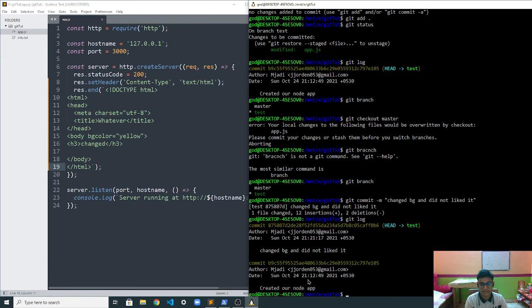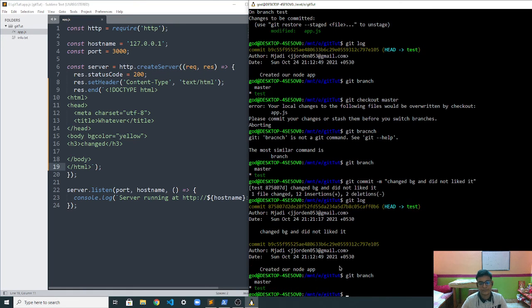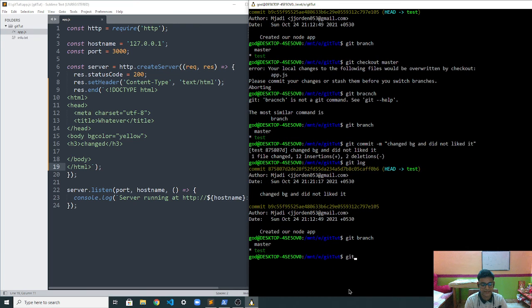So yeah, we want to go back to the original branch. To do that, just type git branch, and when on the test branch, to go back, just type git checkout master.